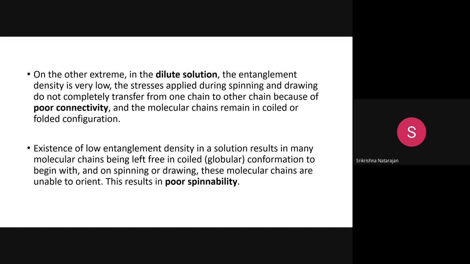So what is the solution for this process? You cannot go for melt spinning. Then what is the alternative? You have to go for solution spinning. But with normal dry or wet spinning, you have to produce a dilute solution, and there also you get this problem. Then what is the alternative? You have to go for some variation in the solution spinning, a different method from the normal dry and wet solution spinning. What is that method? That is what we are going to see now.